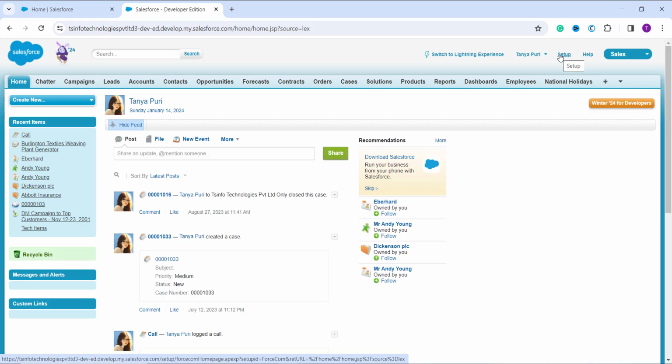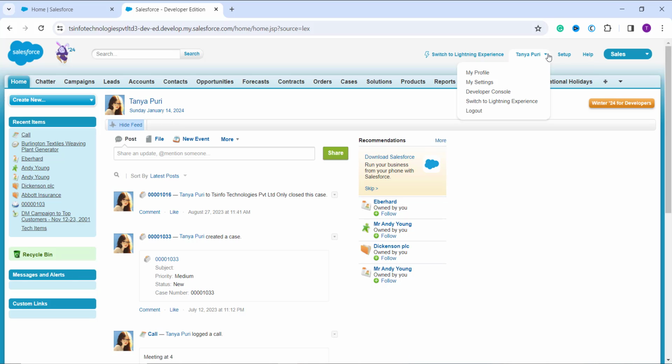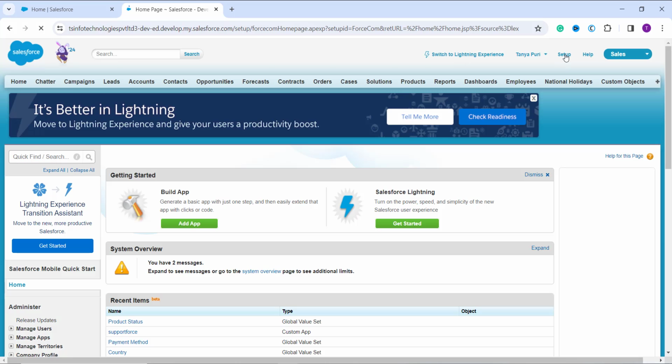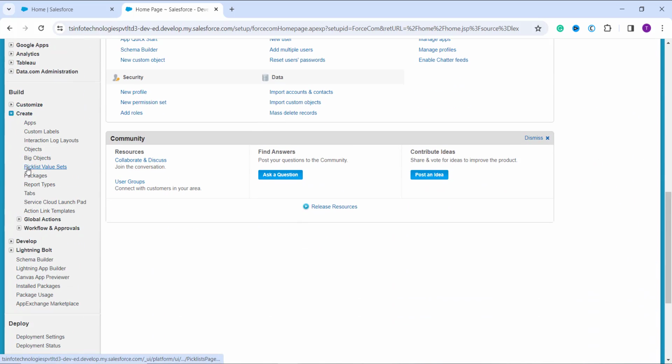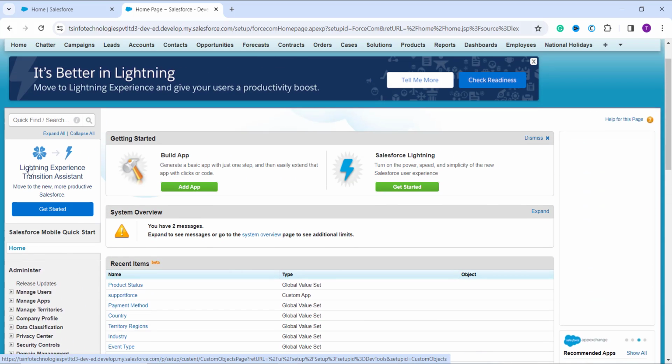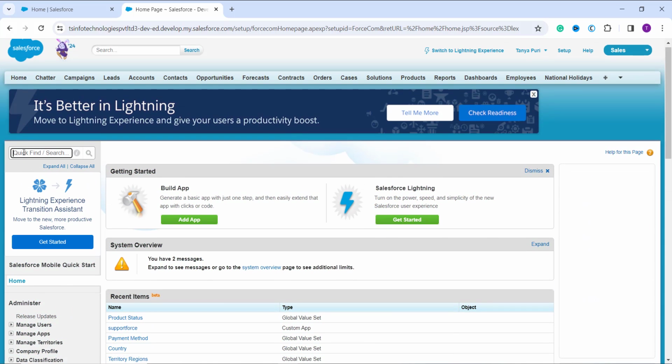If someone does not get the setup option here, you need to click on the name drop down, and here you will get the setup option. I have my option on the top, so I click on that. Now there are two ways to open up the pick list value set. Either you scroll down your window, move to the build section, and from here we have a create drop down. You can click on this pick list value set, or for saving up your time, you can simply use the